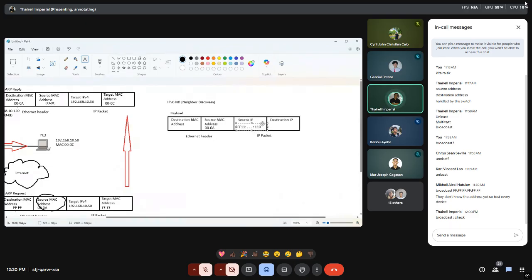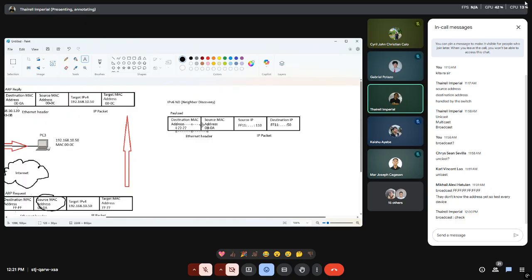Basically, this is your source device IP address, and your destination device is device 50. That's FF11 colon, then we have there 50. And then again, the destination MAC address is unknown, so we have no idea where it is. No, that should still be this here.